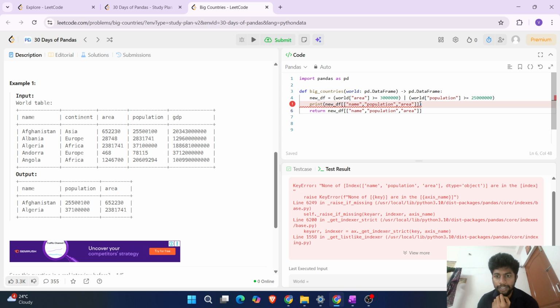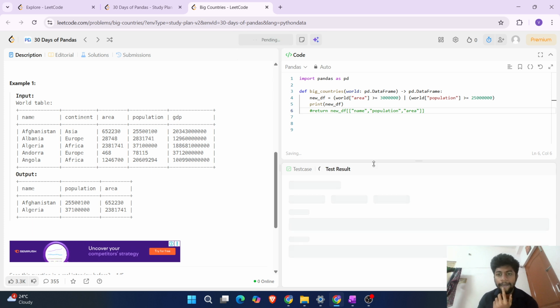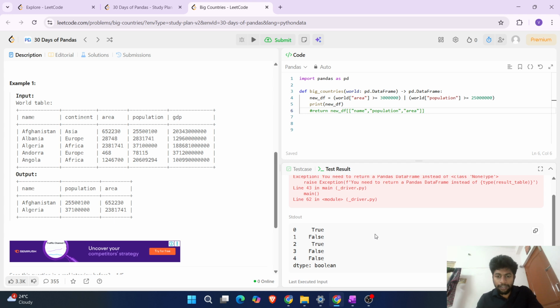Okay, let's do one thing. Let's print only new df. Will solve in this way. Just comment it. Just run this. So we'll debug and we'll close it. Okay, yeah, got it. So this one, if you do new df, you can get like this. Okay, that's the boolean, correct. So two values. What are the values you'll get? You'll get this one satisfied. This one satisfied. And of that, let's say if I want to put name,